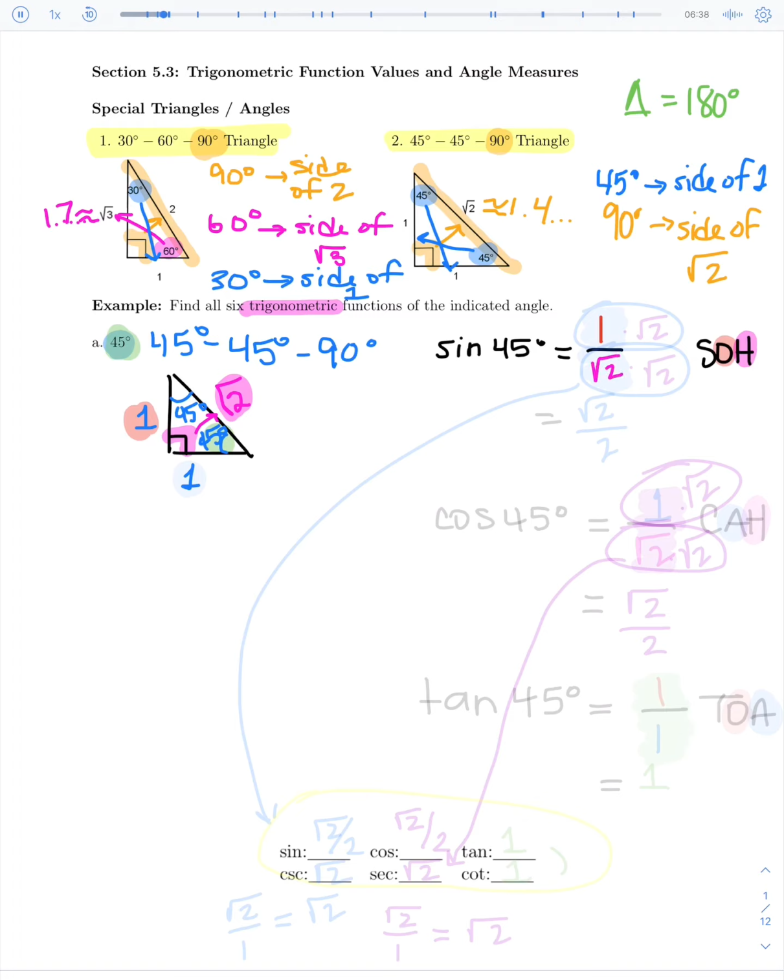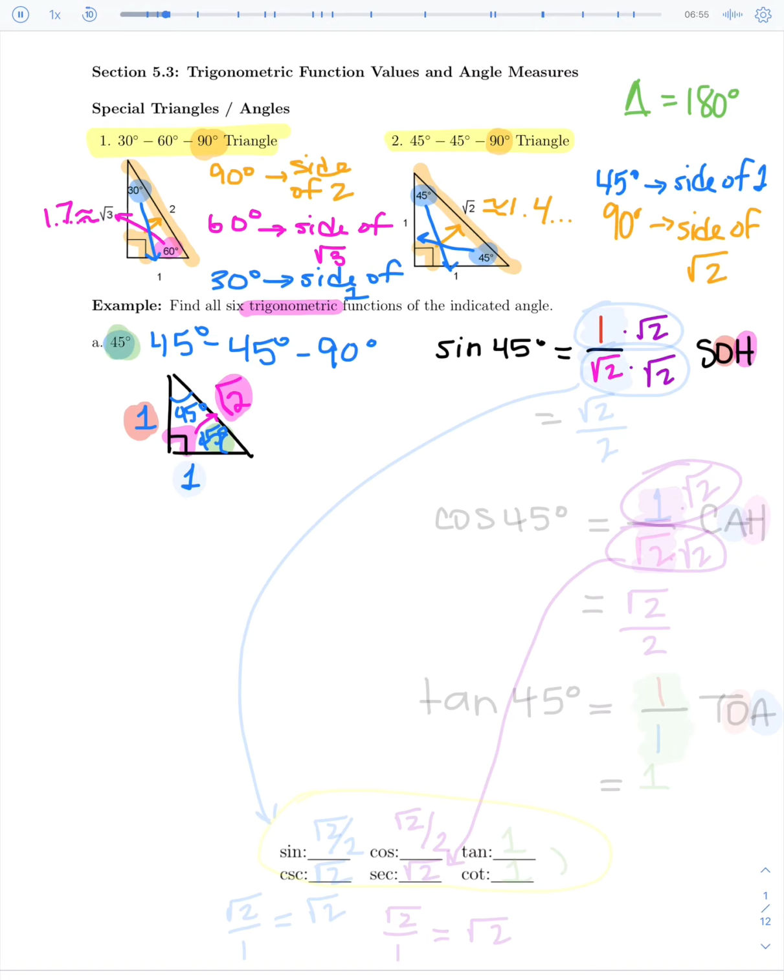There is a problem with this. This tells us that sine of 45 degrees is 1 over the square root of 2. That is not okay. Remember, we cannot leave a square root in the denominator, which means I'm going to need to multiply the top and the bottom by a square root of 2 to get the square root out of